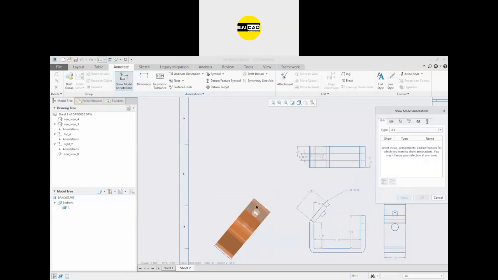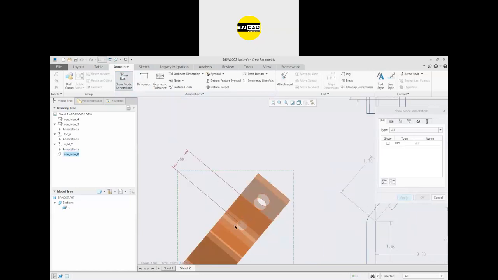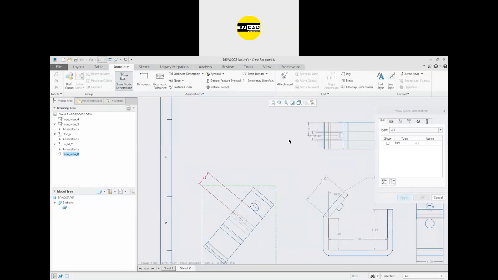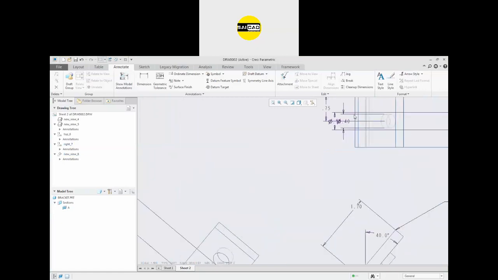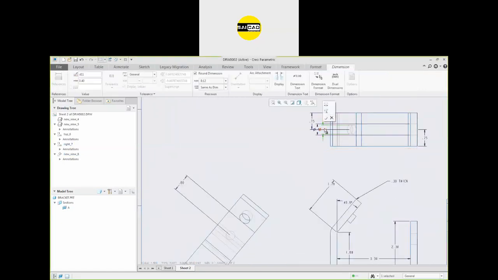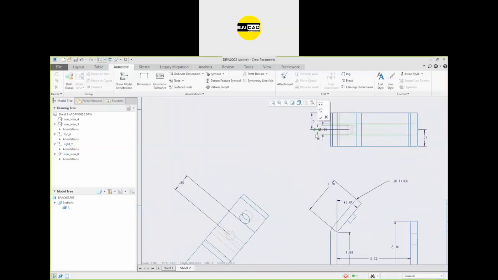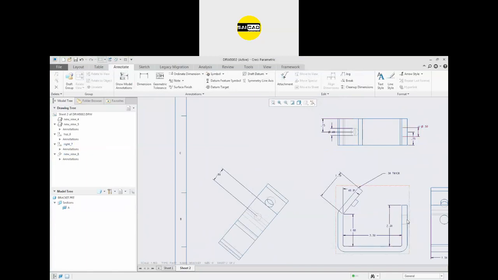First, I'm just going to select this one. Okay. So there is no dimension. It is showing only the gap that is 0.8 from the edge. Select that. Apply. Okay. So this is the distance. Now I want to move these dimensions that we have, the value 0.4. I want to move that 0.4 also. We have a value of 0.5 here. I want this 0.5 value here in this view.